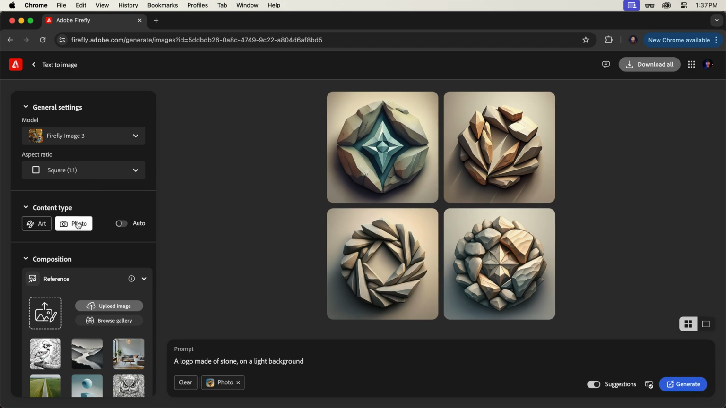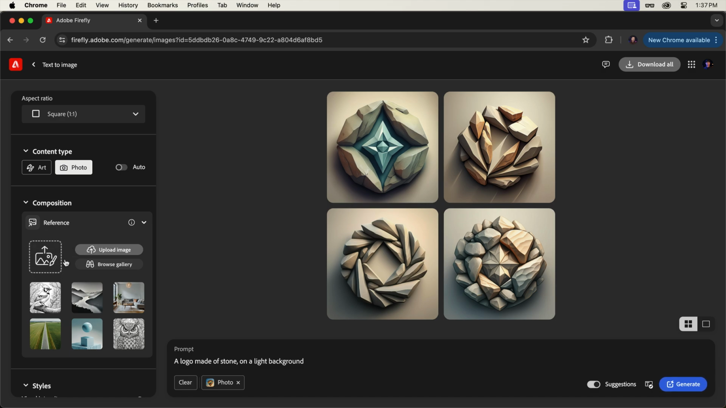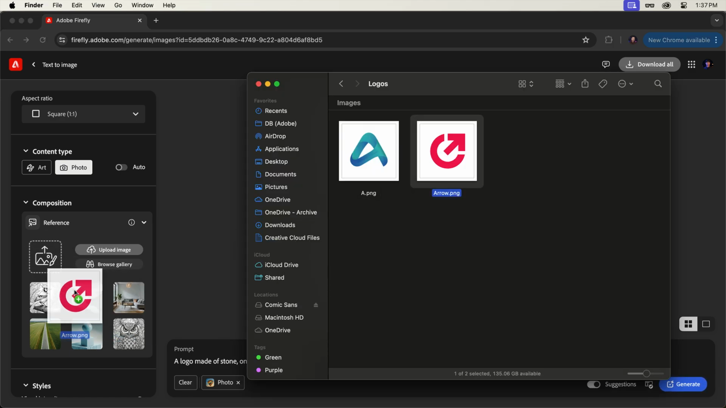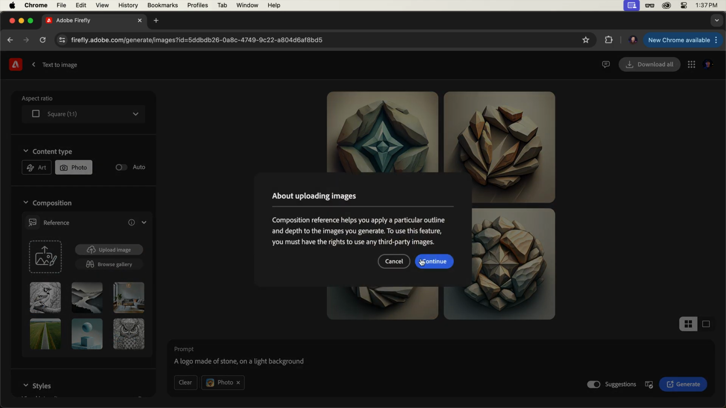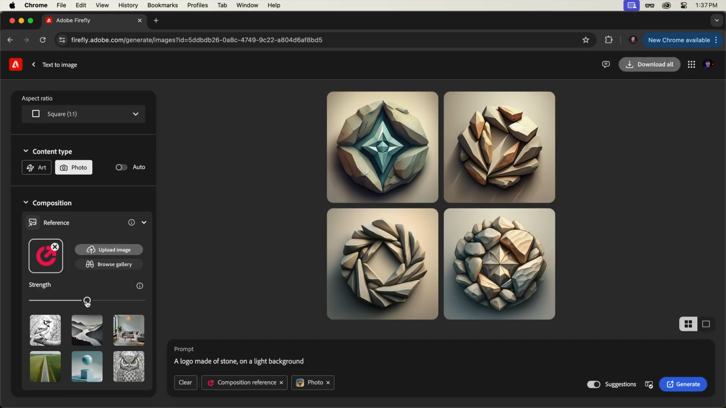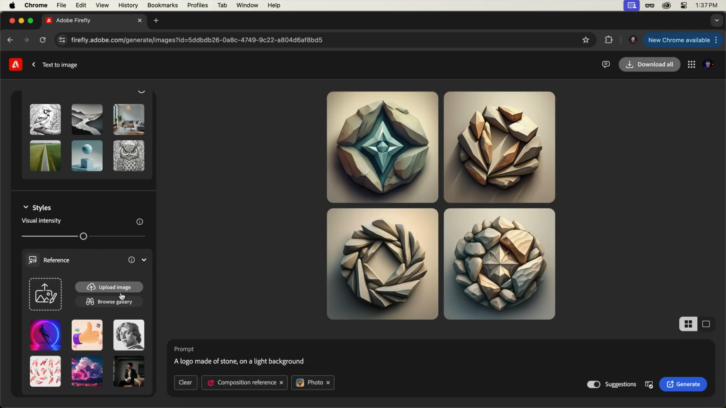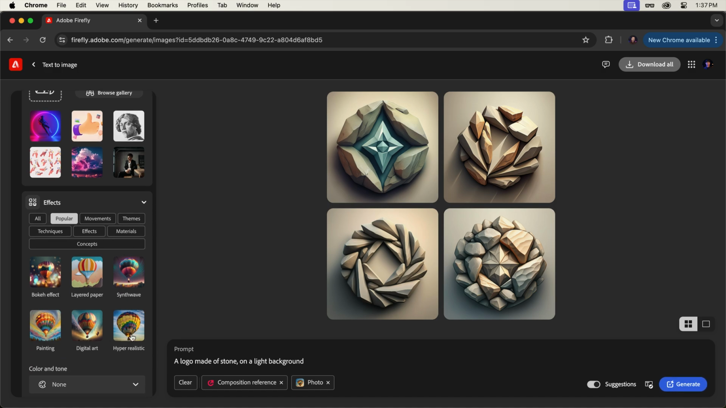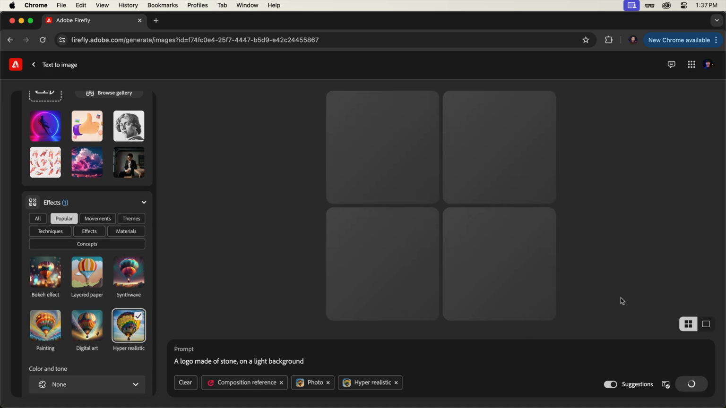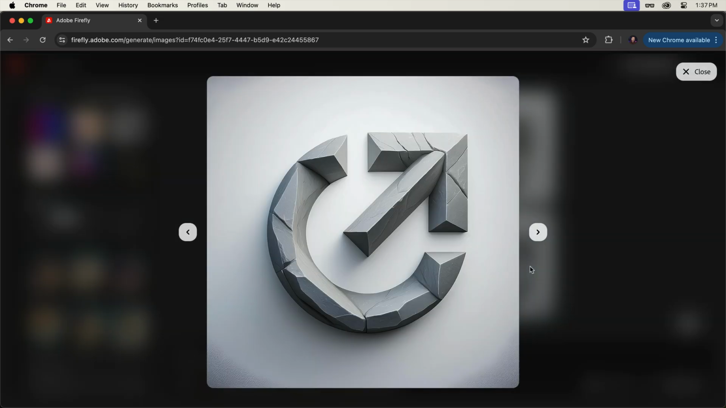First, the content type should be set to photo. Then, under composition, we'll want to upload an image of our logo. Then make sure that the strength is set to 100%. Finally, and this is optional, but I found that the hyper-realistic effect produces pretty solid results, so I'm going to turn that on. Generating again will leave us with a few fun options to choose from, stylized using the material